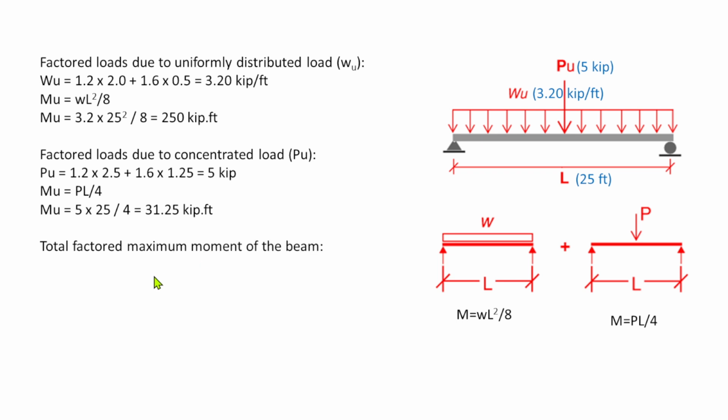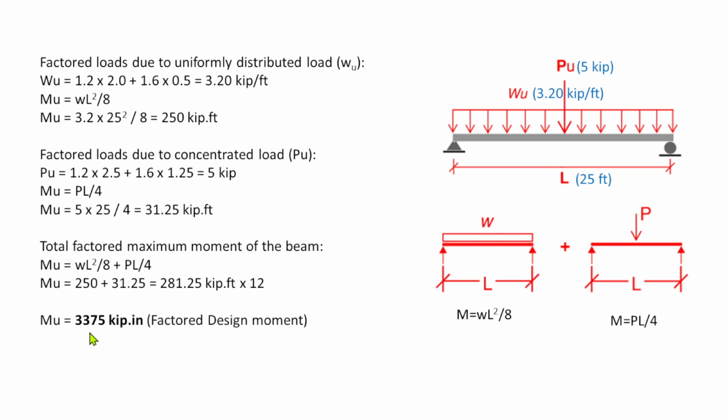So the total factored moment, the maximum moment of the beam, is the summation of these two: WL squared over 8 plus PL over 4. Substituting all those values above, 250 plus 31.25, we will get 281.25 kPa per foot. We will multiply this by 12 to be consistent with our design factored moment, so 3375